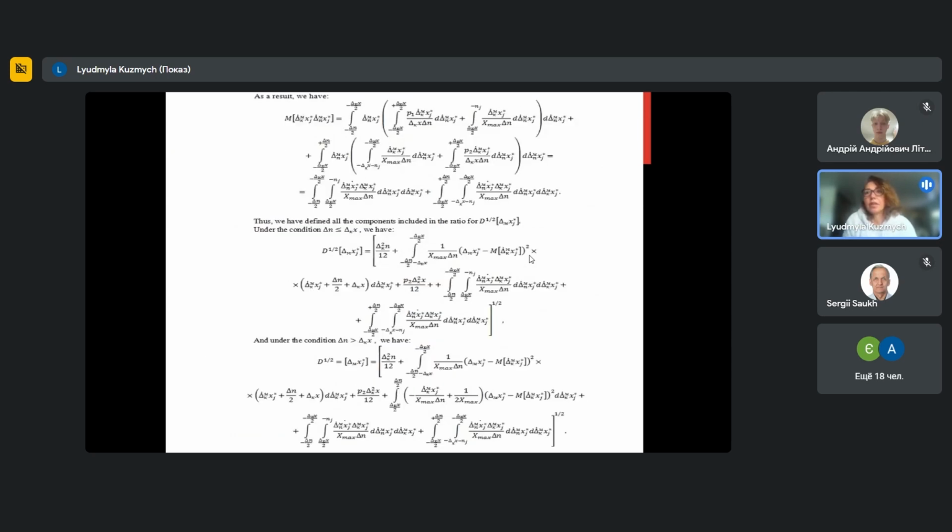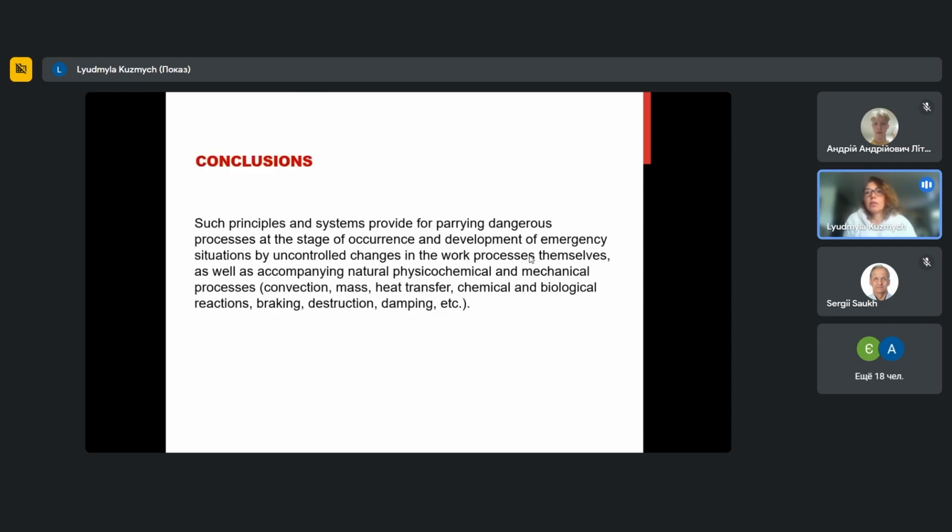Measuring transducer can also be trusted in such an installation. Signals specified in the regulatory documentation are sent to the input of the converter, to the trusted converter. The optimal method of verification will be when the quality of verification of measuring instruments will increase, while the cost of verification are reduced. As a conclusion, we can say that such principles and systems provide for